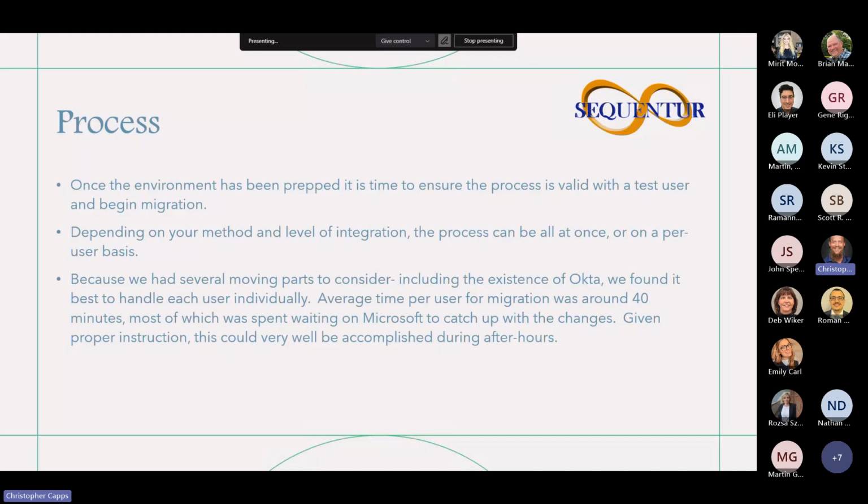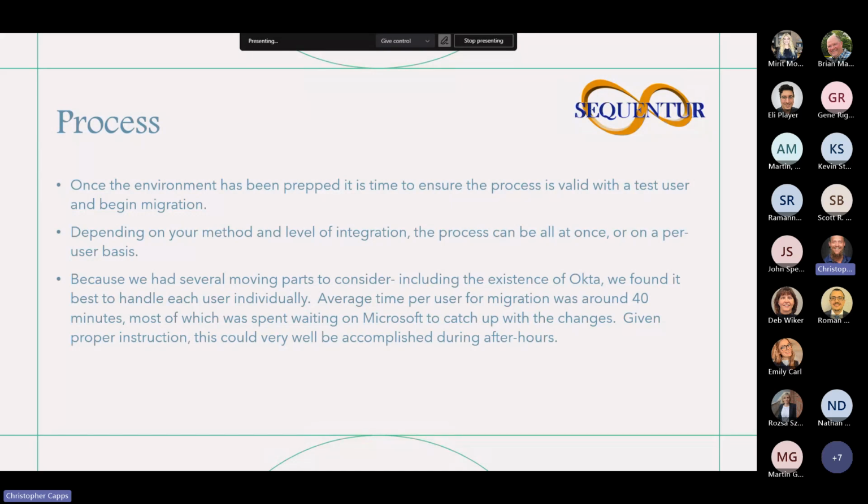The larger and more complicated your environment, the more I would recommend a per user or per group basis. That way you can make sure your users are still functional, you don't have any big issues, and you don't have any widespread outages.